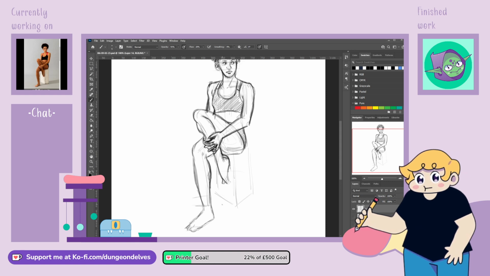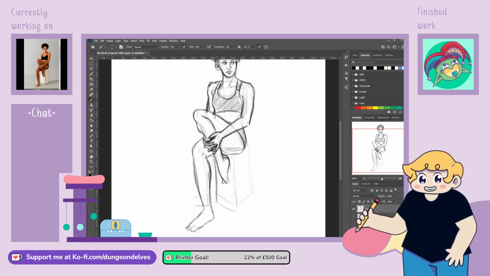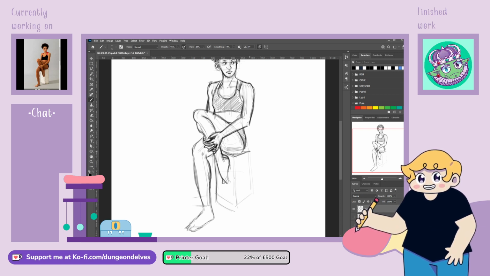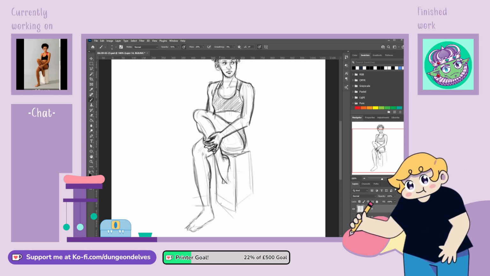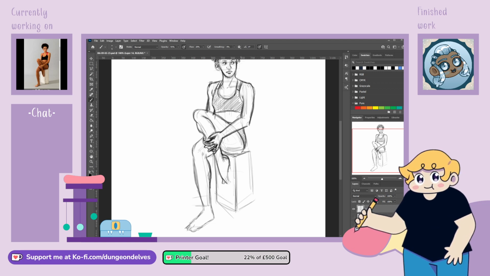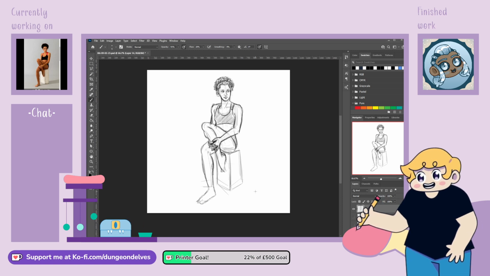Okay, and then this will come down here. Just want to get the box in a bit. Spike. Just comes out a little bit. Okay, I feel like I've made the torso maybe a little bit too long.